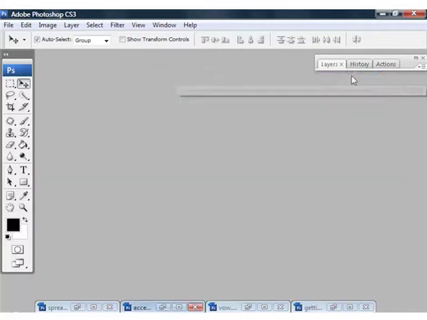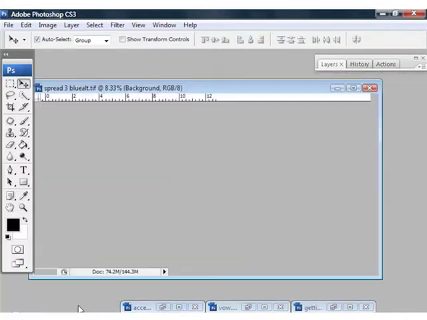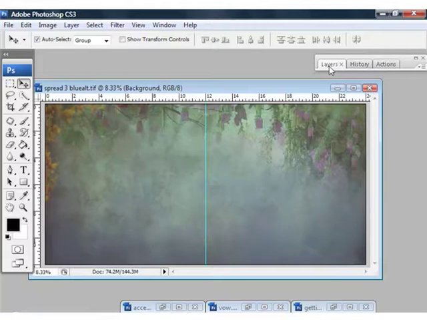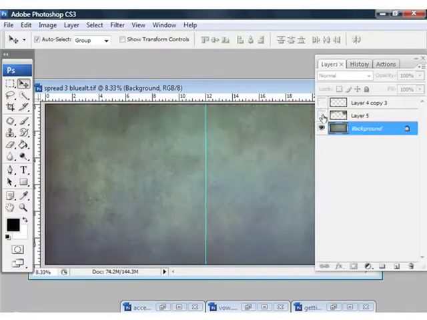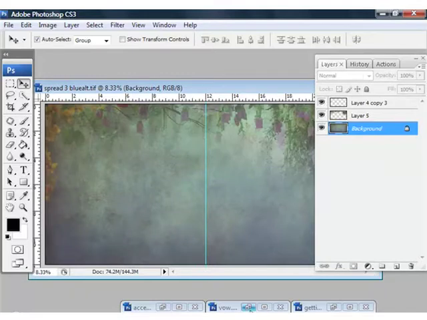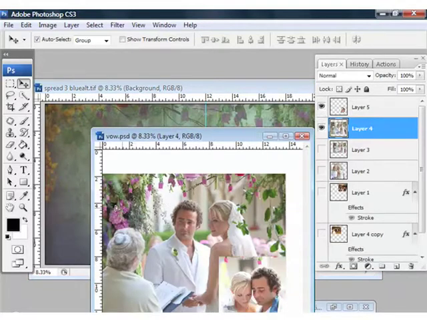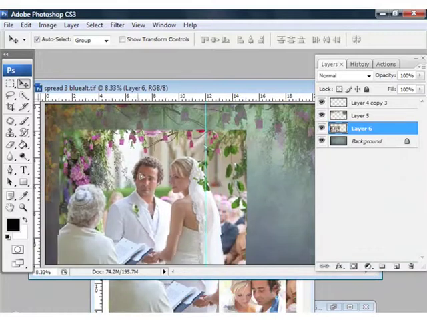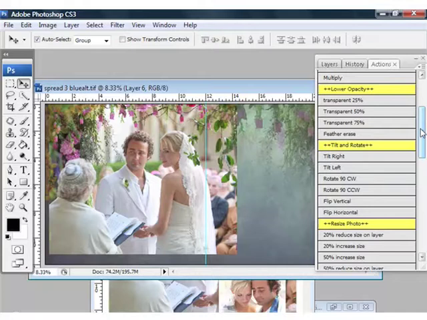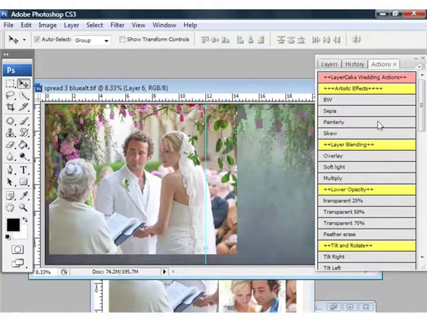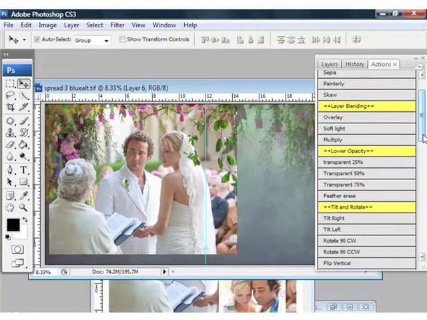So let's minimize this layout and start with a new background here. As we can see in the layers, you can turn off the flowers in there if you don't want them. I'm going to bring up my images, drag this one in, and this is where the actions are really useful. You've got 48 actions that are all organized in these headers here, so it's easy to find what you're looking for. The first thing I want to do here is I'm just going to reduce the opacity a little bit,